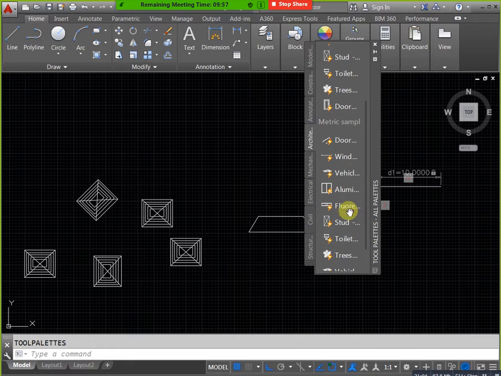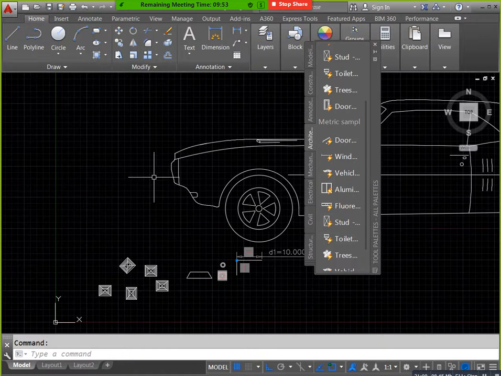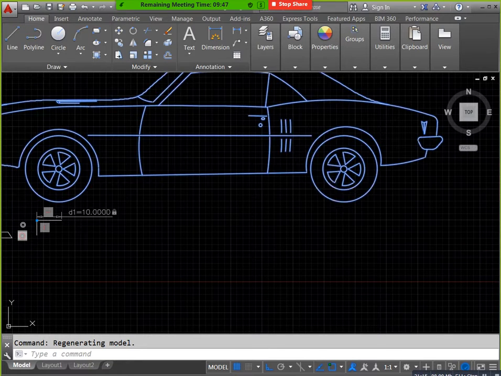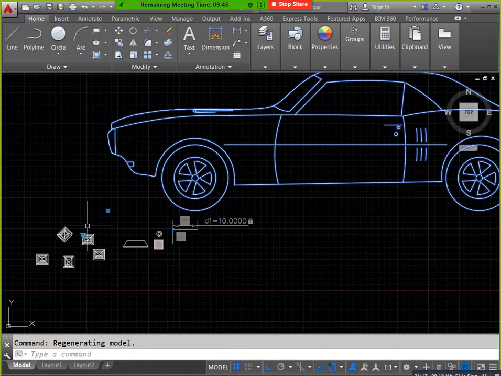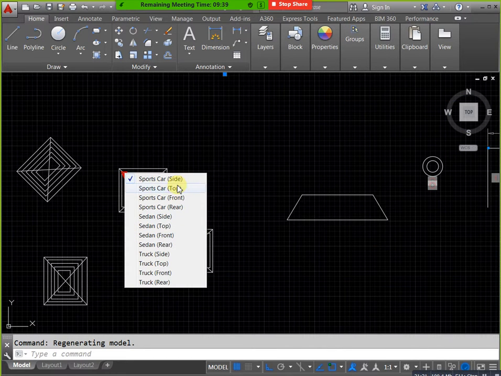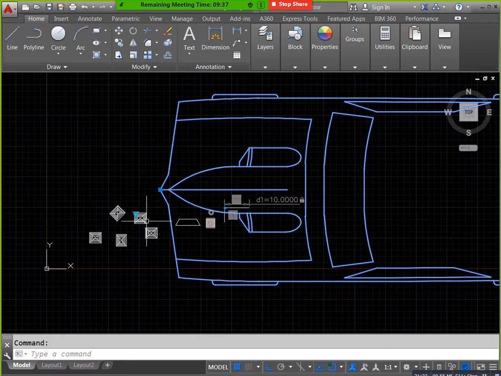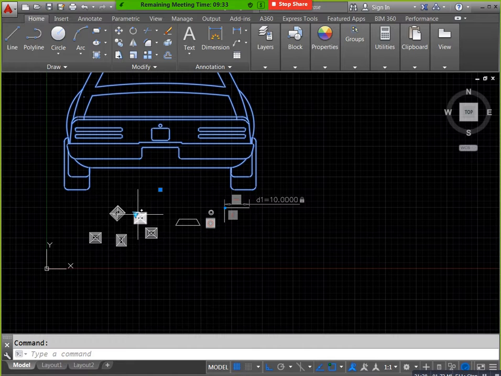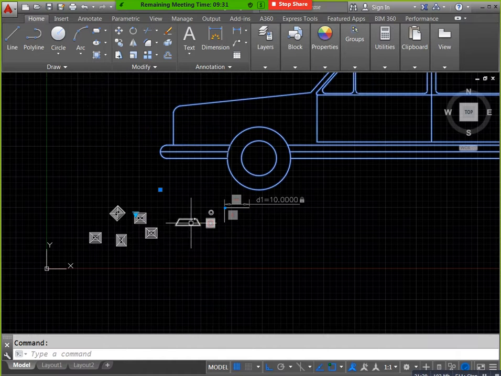If you need top, you can use it. If you need rear, you can use it. That is based on your requirement. How can we create those views? Based on this block editor, you need to apply visibility and view states. That condition is applicable here. If you need to change any dimension, you can apply dimensions also. Here dimension means parameters. You need to apply parameters here, not dimensions. Okay, clear this one.